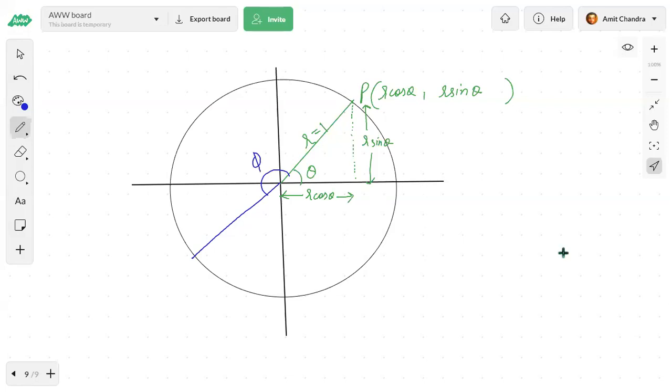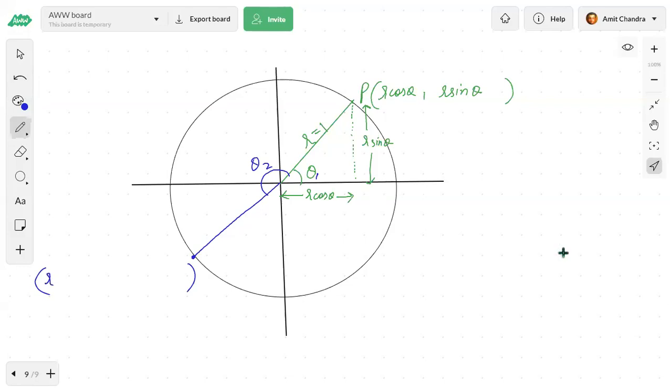This angle is phi. This angle is theta 1, suppose, and this angle is theta 2. If this angle is theta 1 and this angle is theta 2, then what will be the coordinate of this point? Can you tell me? This point, total angle is now what? What is the total angle? Theta 1 plus theta 2. This total angle becomes theta 1 plus theta 2.